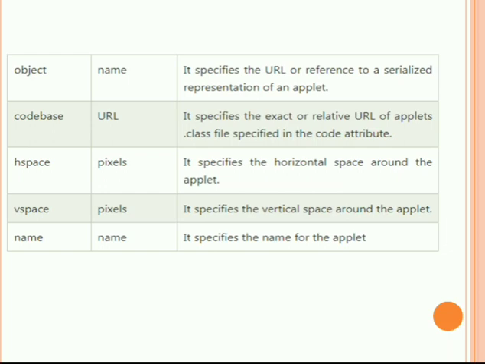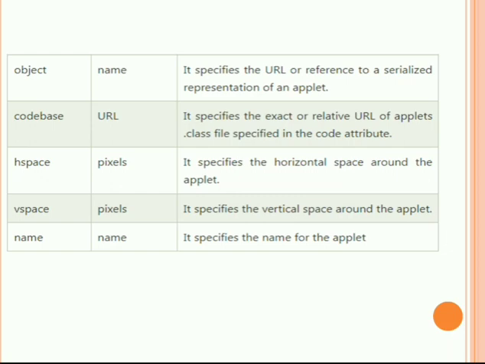Next one is name. It specifies the name of the applet. Whatever name we are giving to that particular applet appears at the top of that applet. Means जैसे हम कोई भी फाइल क्रिएट करते हैं, we create a new file or new folder, and we give some name to that file. माइक्रोसॉफ्ट वर्ड में यूज़ करेंगे, देन एक्सेल में, कहीं पे भी हम कोई फोल्डर को नेम देते, वो कहाँ पे आता है? It comes on the top of that particular window, just like that. Whatever name you are giving to that particular applet, it will specify the name of the applet, and it will be at the left side or topmost left side of the applet.